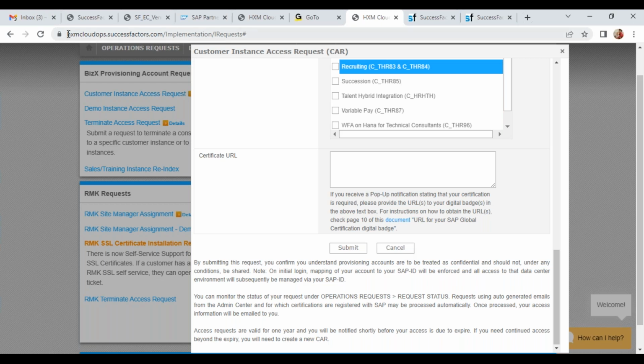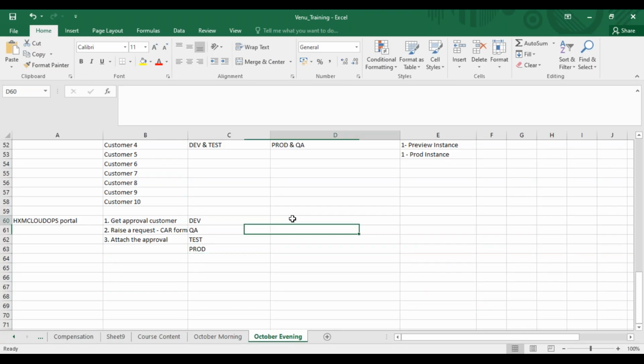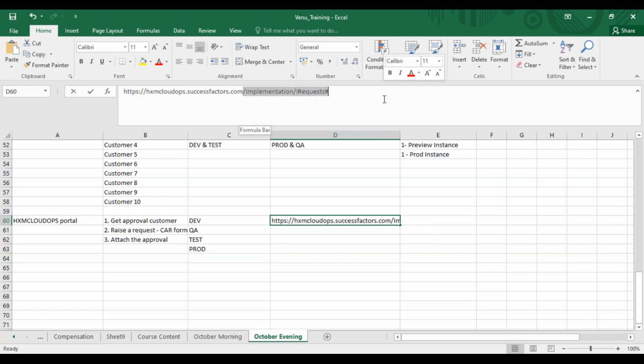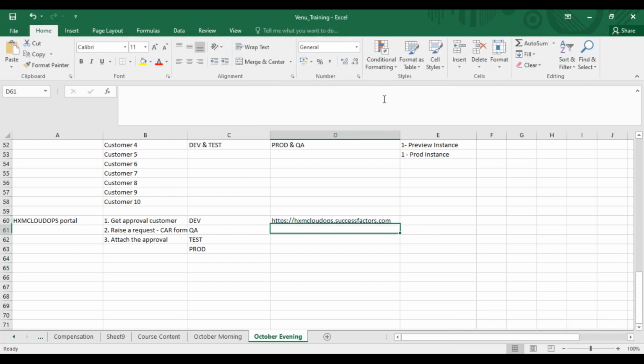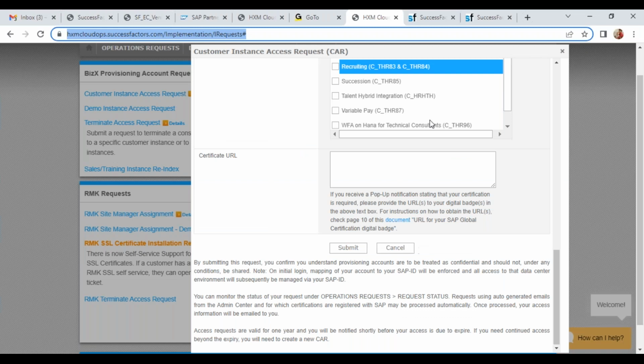How do we know which data center we need to request for? Like there were so many data centers. Now, initially, when your salespeople hand over the project to you, depending on the region of the customer, let's say,